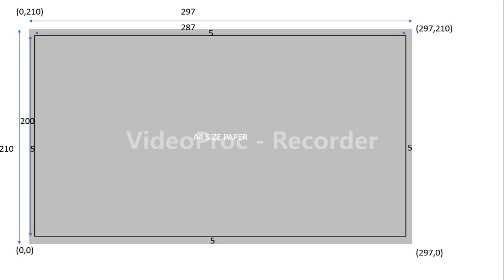Now, this coordinate is present in this corner. So this is the lower left corner. If this is the center of the page, if you go downside, it is lower, and go left, this is the lower left corner. So what is the lower left corner here? It is 0 comma 0.